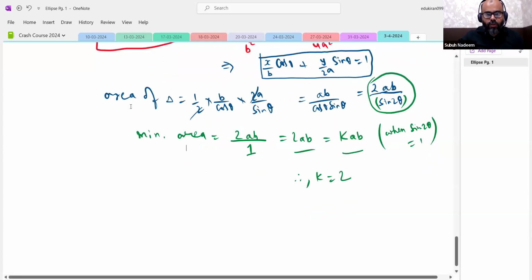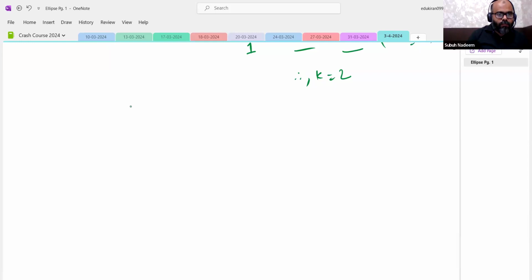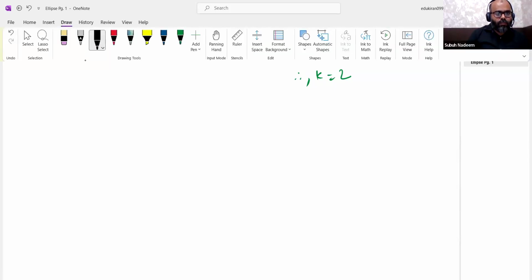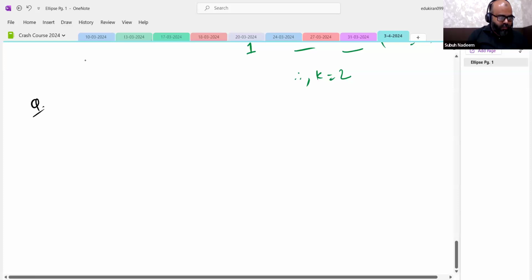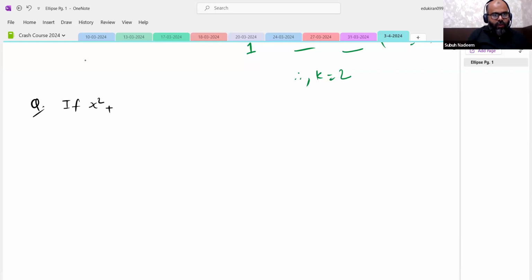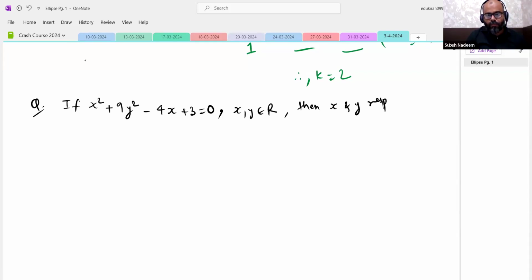Let us come to the next question. If x square plus 9y square minus 4x plus 3 is equal to 0, where x, y belong to real numbers, then x and y respectively lie in the intervals